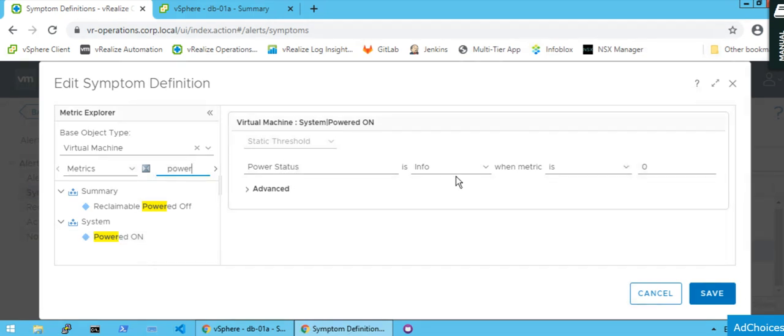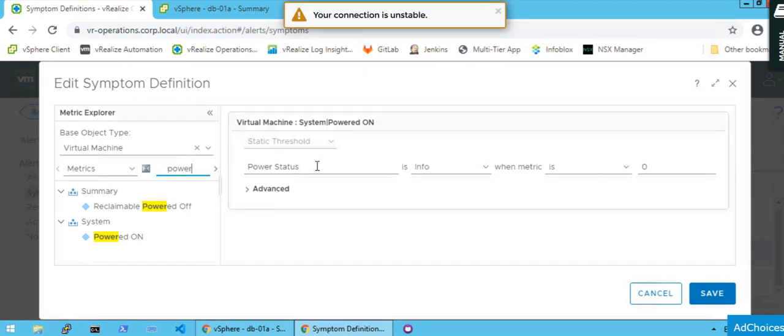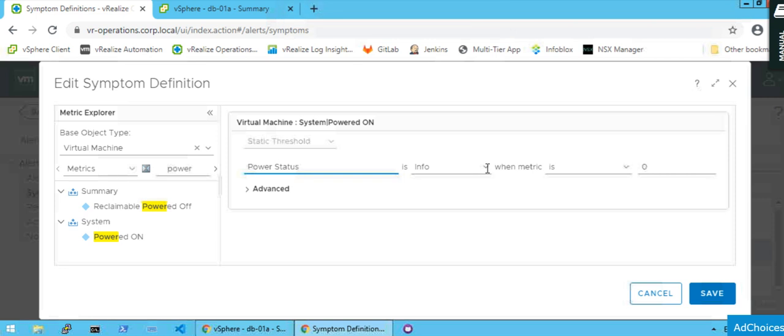You will see these options, but they will be blank. I have given the name of this symptom definition, that is power status. Then there is the severity: info, warning, immediate, critical, whatever you want to select. I select critical, because this is a critical machine and the symptom is critical: it is powered off.